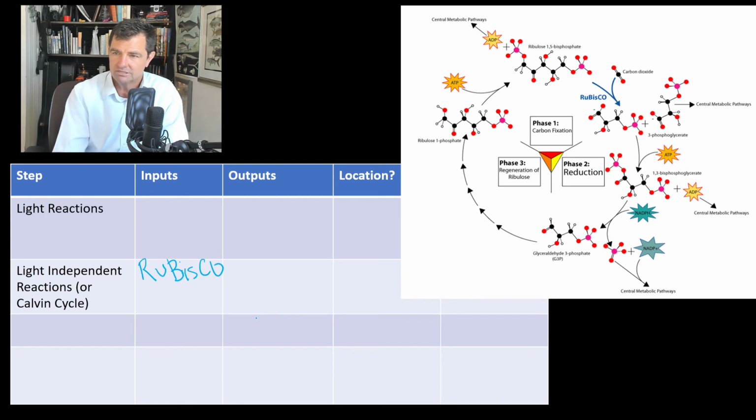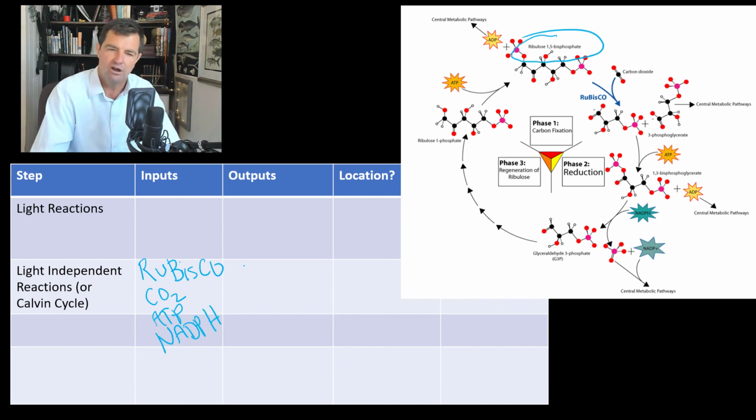We'll just call it Rubisco. I think that'll be fine. That's an input. CO2 is an input. And what else have we got here? We've got ATP, that's an input, and we've got NADPH.